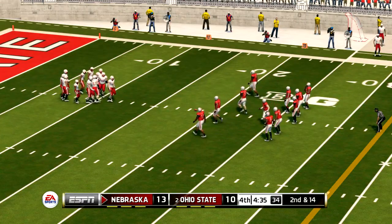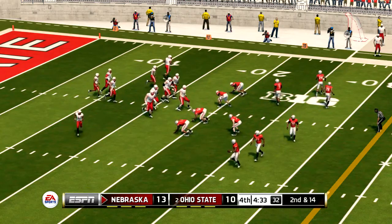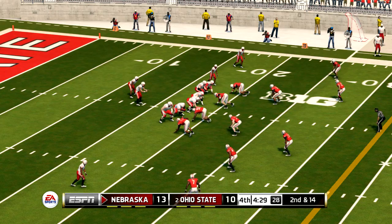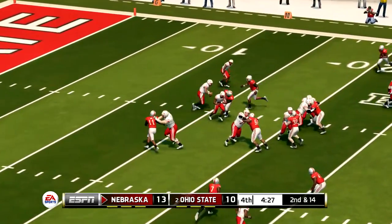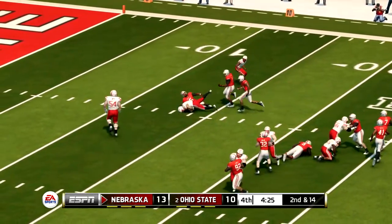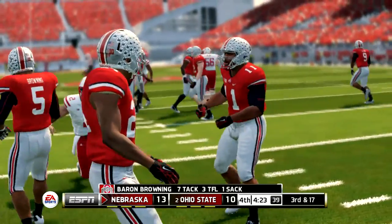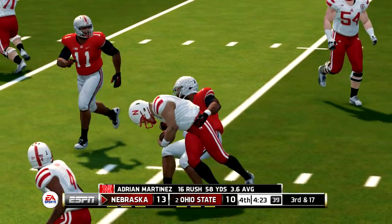Martinez comes in at quarterback. From their own 18-yard line. 2nd down. Here we go. They'll drop him for a loss. That was a loss of 2 yards. That'll bring up 3rd and